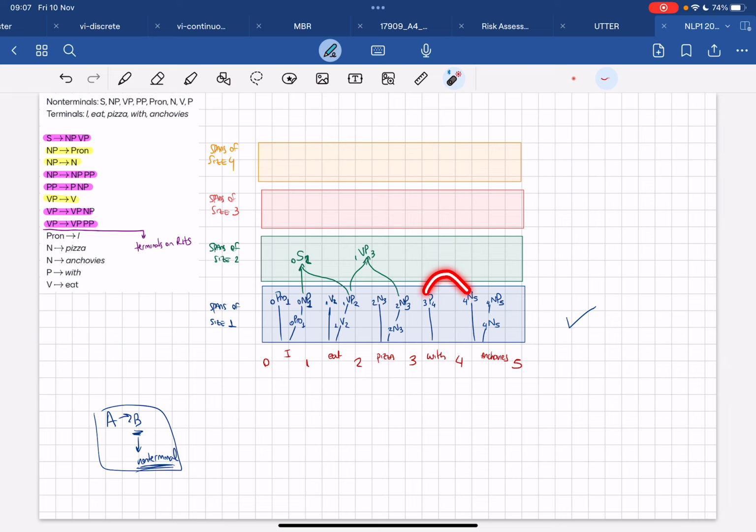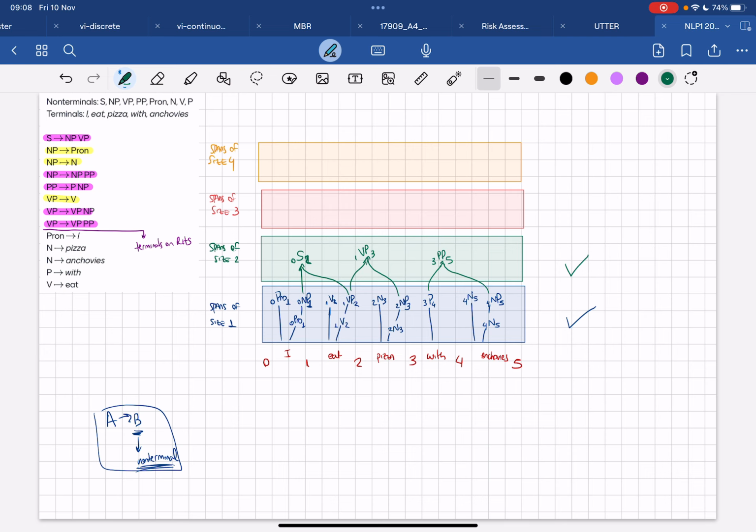So we can have P N or P NP. So PN, we have PNP, but not PN. But okay, we have P and NP. So P adjacent to an NP makes a prepositional phrase from 3 to 5. Okay, so we are done